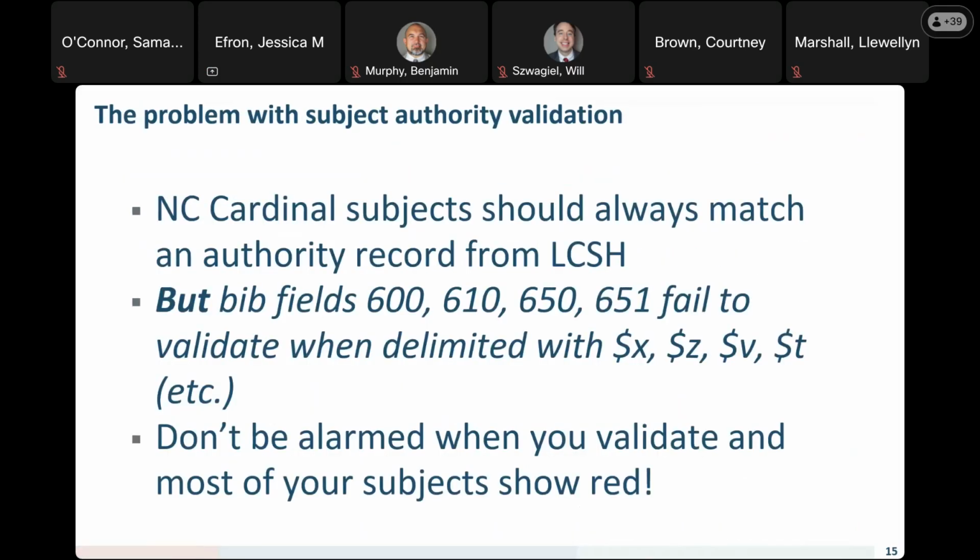Okay. So this is the whole slide about the problem that we have with the validation. The subject should always match an authority record from the Library of Congress subject headings, but that is only the subfield A. You can look these up in Library of Congress, but however right it is, Cardinal is not necessarily going to